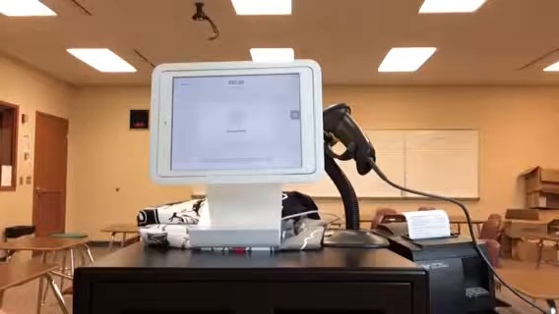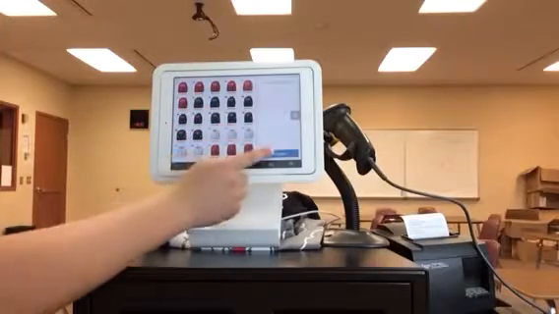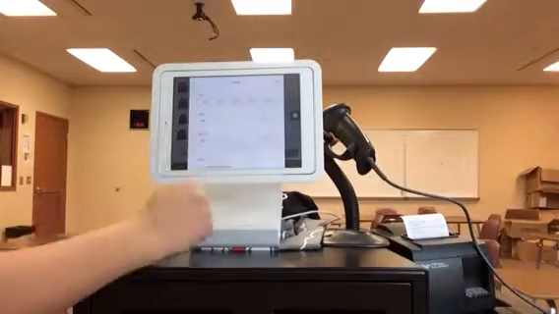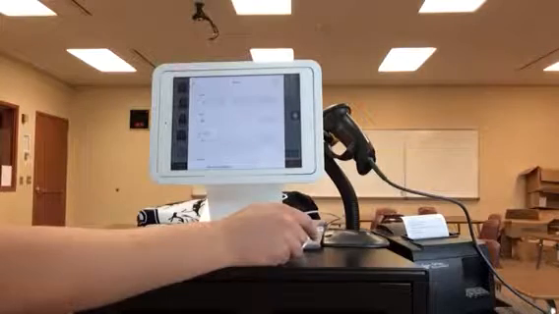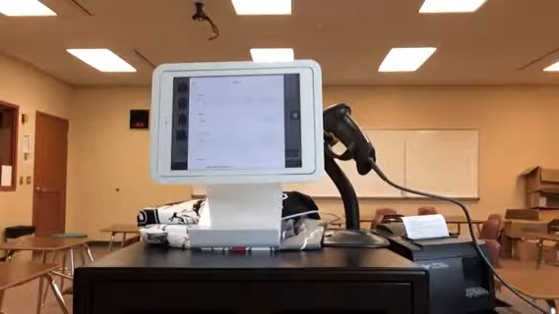And that's kind of how you do it. It's pretty simple. So I'll show you one more time. You just go to charge, and then you just swipe the card. The screen will pop up, just swipe the card, have them sign with their finger, and then push done signing. And that's it. That's all you have to do for a credit card.